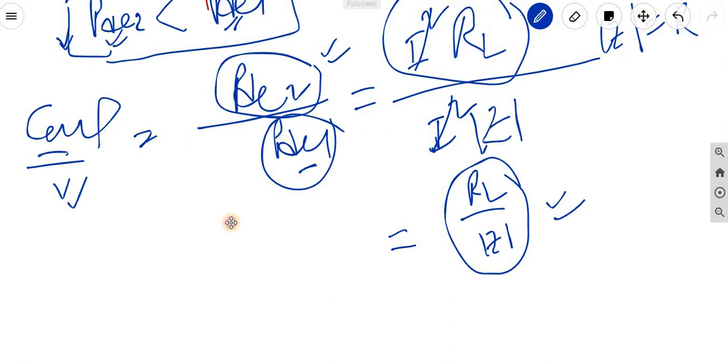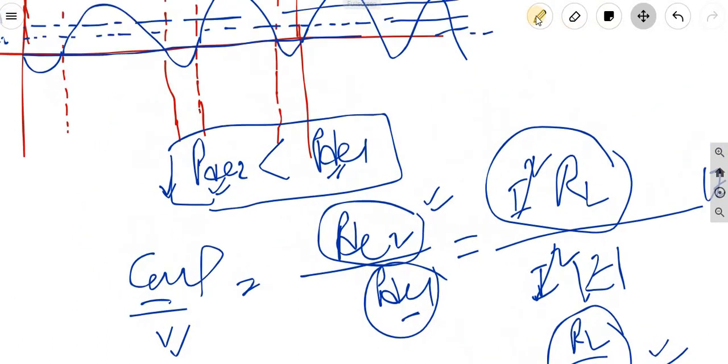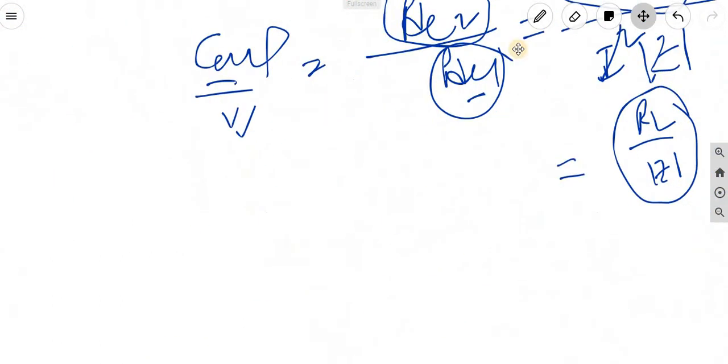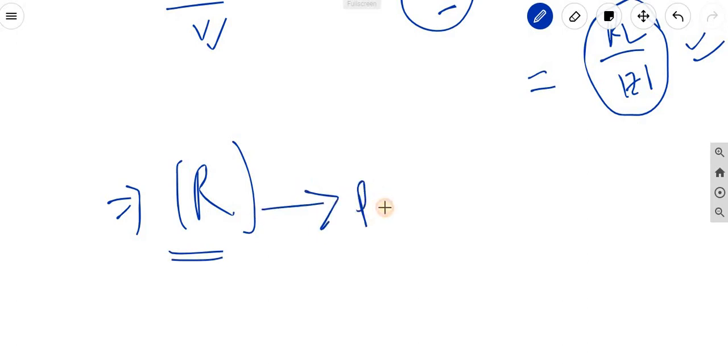So for this, the power factor is a fraction, meaning it is lesser than the ideal one. Whatever power is delivered by the source would obviously be lesser than for the purely resistive case. So from these two configurations, what we could conclude is that for resistance only, the power delivered.